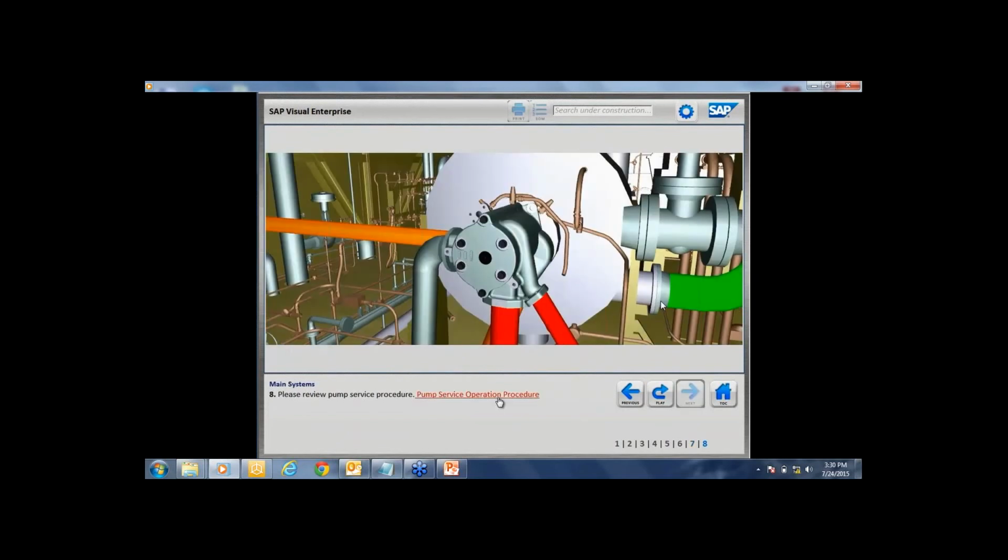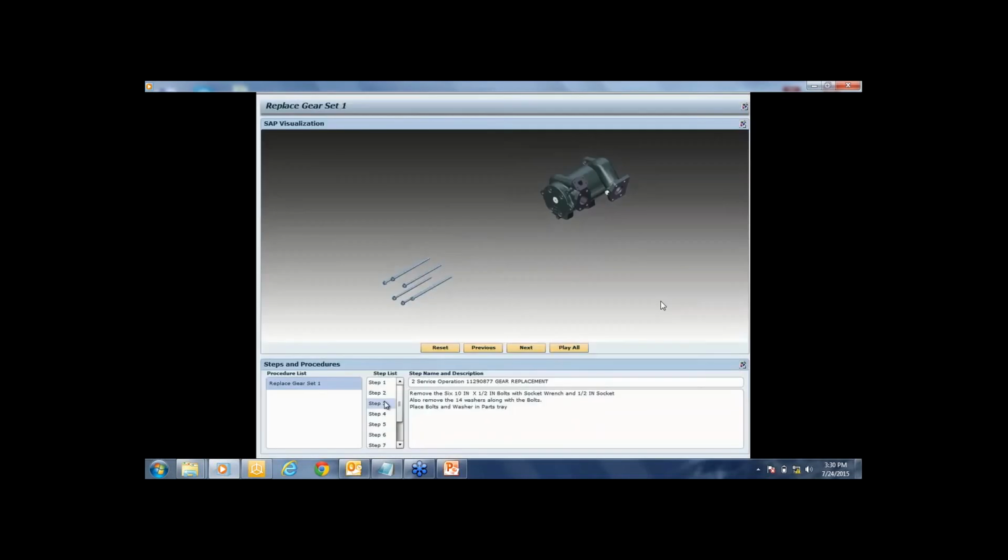For example, when you see there are a lot of components that are available in big organizations like oil and gas, shipbuilding, or shipping industries, or so on, it is very difficult to keep track of the components that need to be serviced or maintained. So visualization can at least bring to play a role where